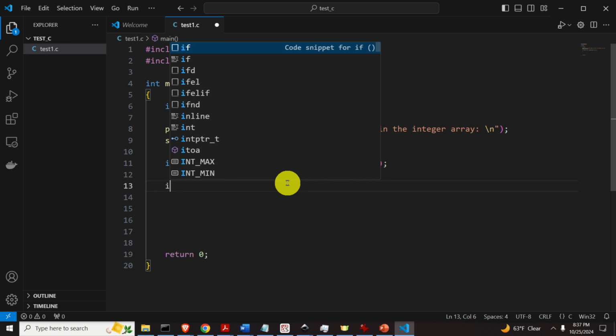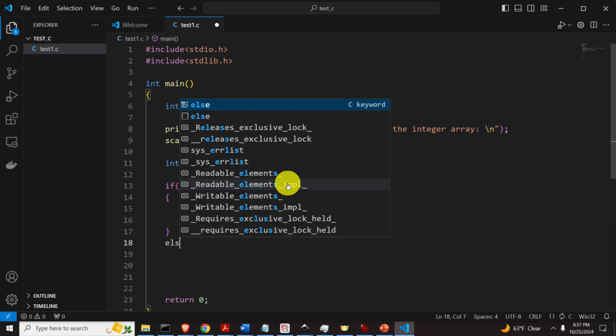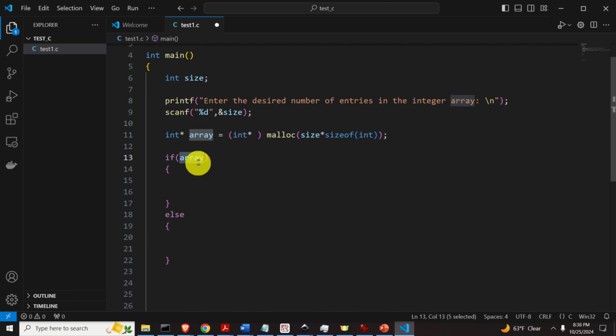Now over here, I need to type this: if array, then I will do something over here, otherwise I will do something here. Why am I typing here if array? I'm doing this since the malloc function might not be able to reserve the memory space. For example, memory can be full, and consequently array will become a null pointer. That's why over here I'm asking basically if array is not a null pointer. If that's the case, we can proceed